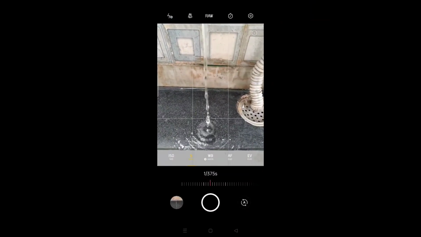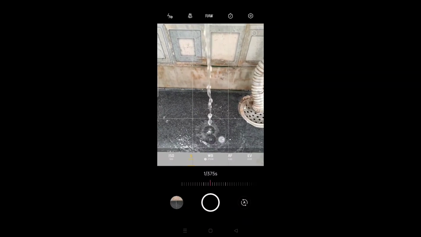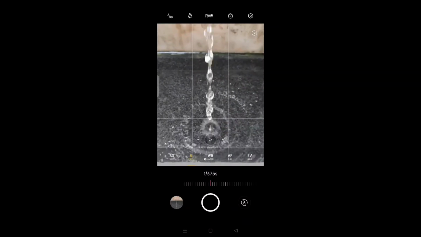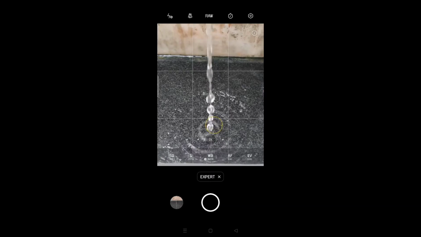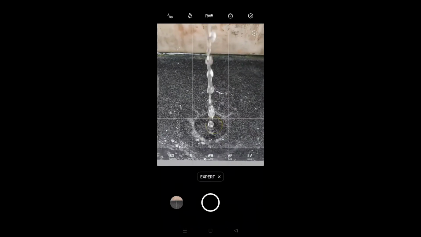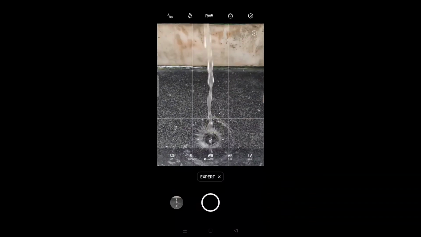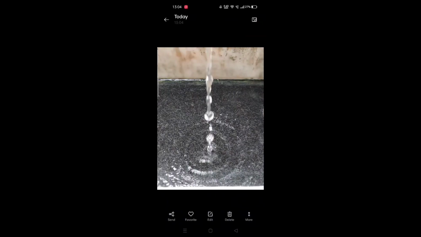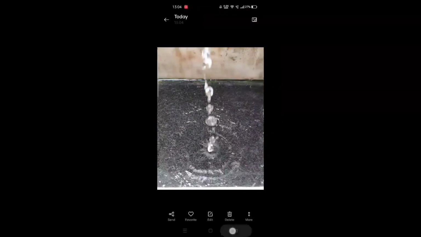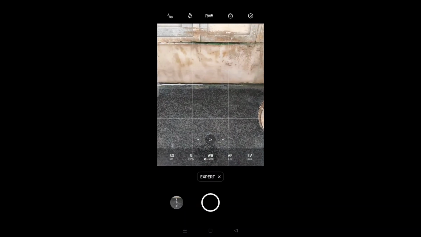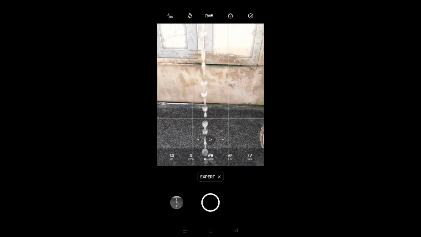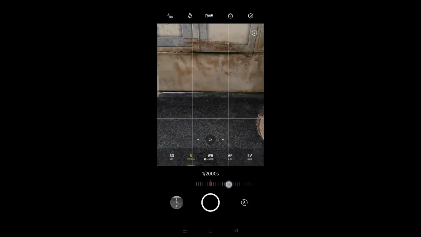Second lesson is how to capture moving objects. When you are capturing something that is at a very fast pace, you have to make sure it doesn't get blurred. Most of the time it gets blurred. For this you should use a faster shutter speed. Like if I captured this image and it is blurry, I didn't get a perfect shot. I am not happy with this. For this I am going to increase the shutter speed.